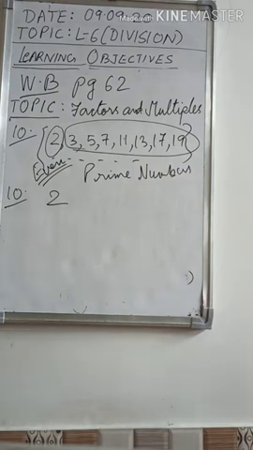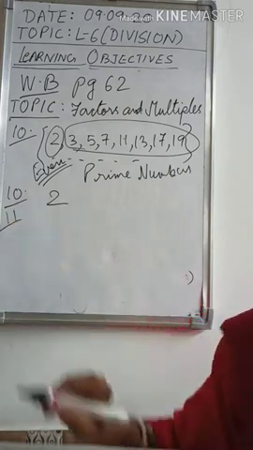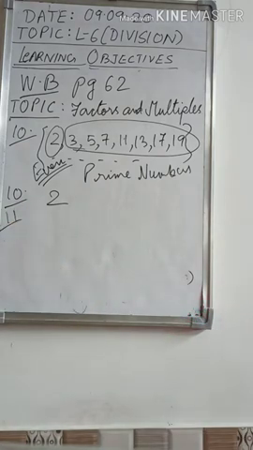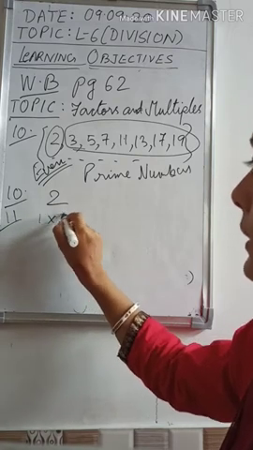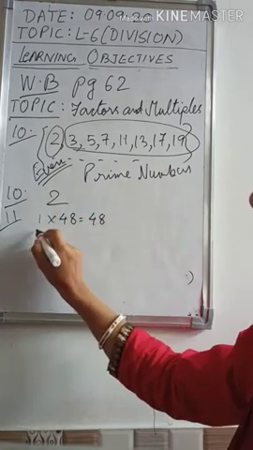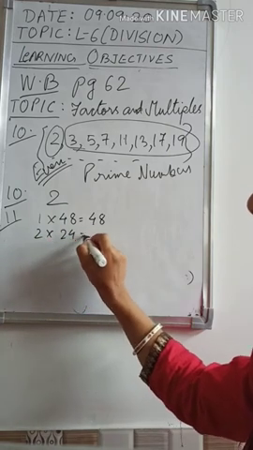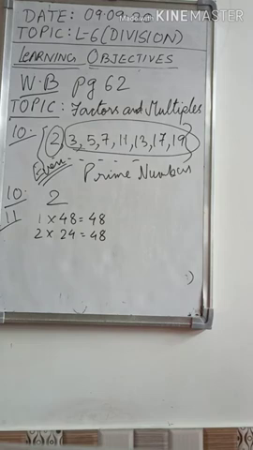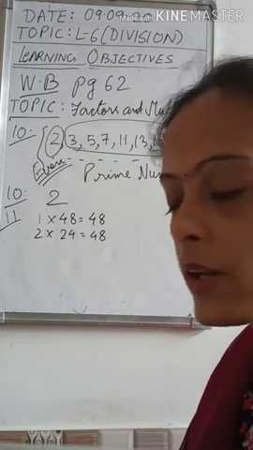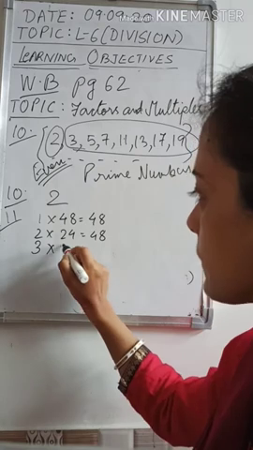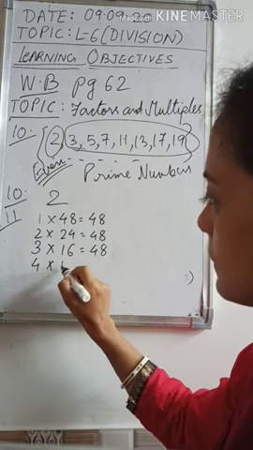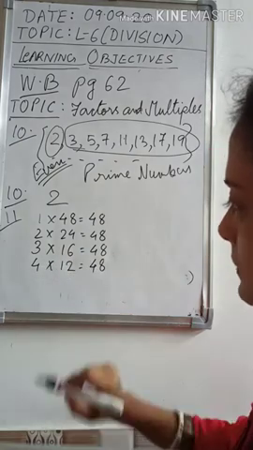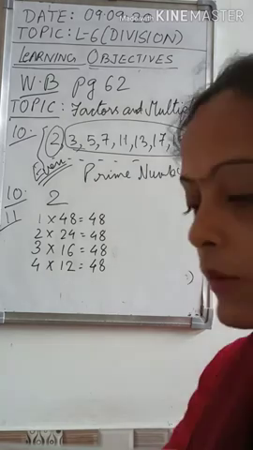So I hope you have written number 11. You are asked to find the factors of 48. Again, do the same thing for finding factors of 48. 1 and 48, the first number is always the same number. Then 2 into how much do we get 48? 2 24s are 48. In the table of 3 also we get 48. Just use the rules of divisibility, you can easily find out. 3 16s are 48. In the table of 4 also we get 48. 4 12s are 48. In the table of 5 we don't get it. In the table of 6 we get it.